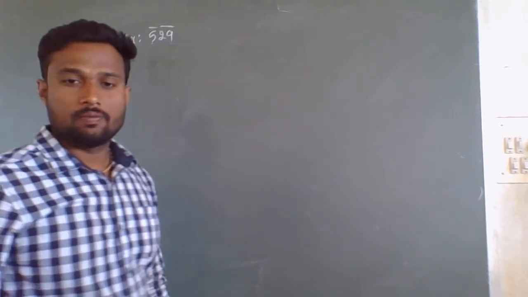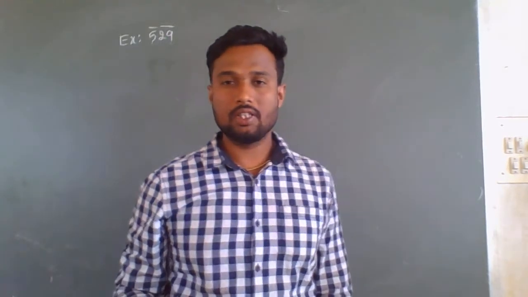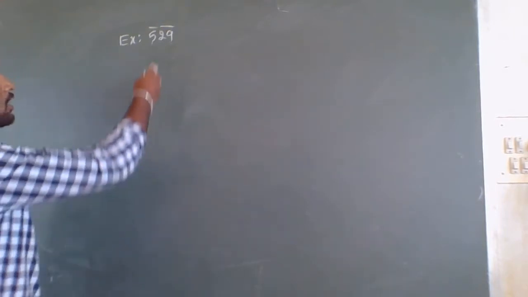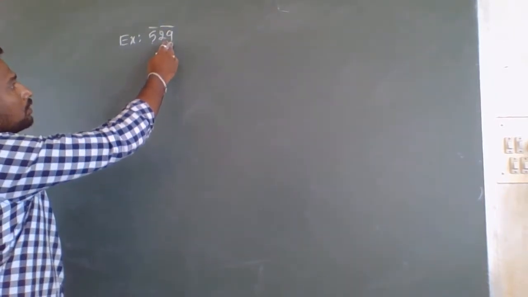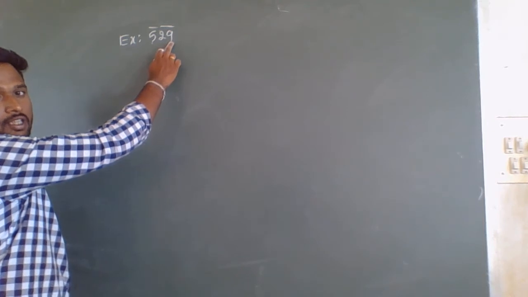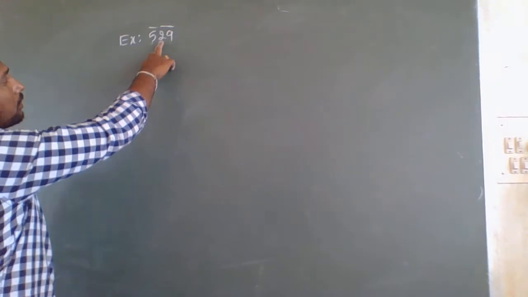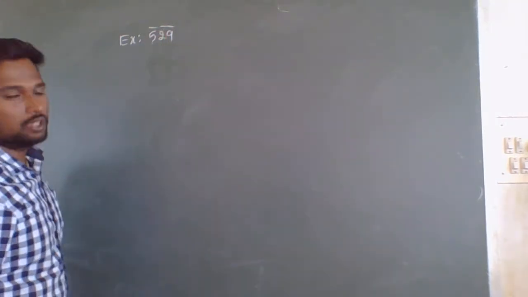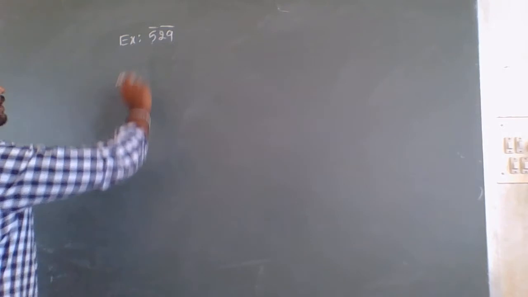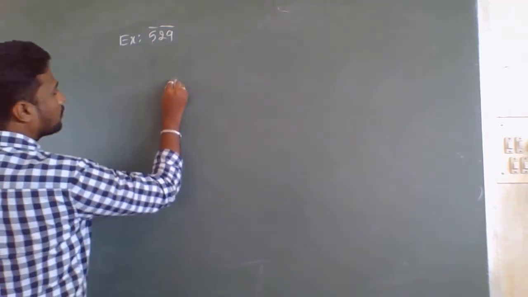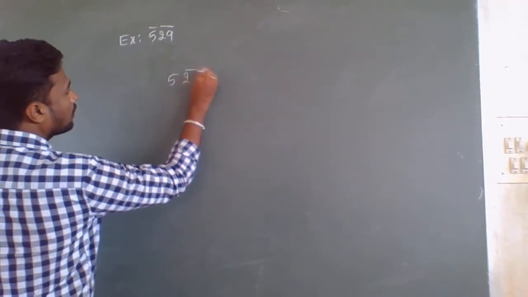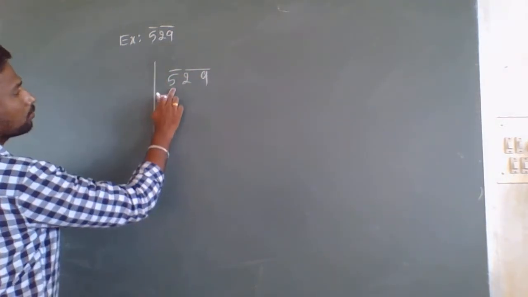Okay. So where do we have to start? We will start from the ones place. Here 9 is at the ones place, so we will start from 9. So these 2 digits, 29, will come in the first group. In the second group only one digit is there, 5 is remaining. So now we will start to find the square root of 529. First I will write 529, and this is how we made groups of 2 digits.